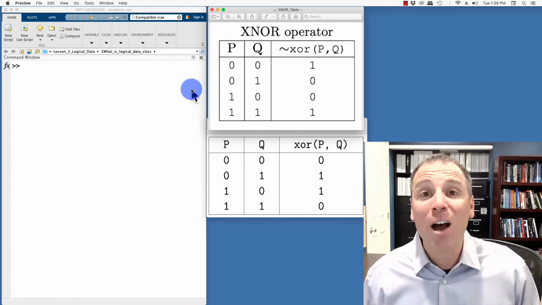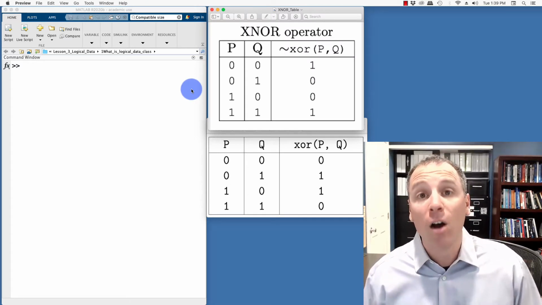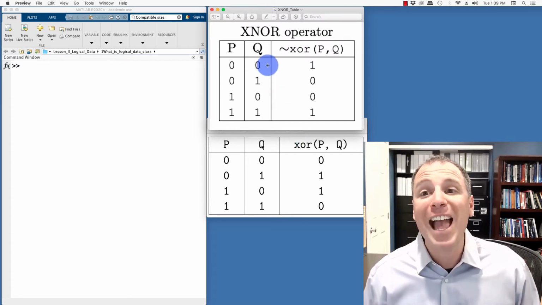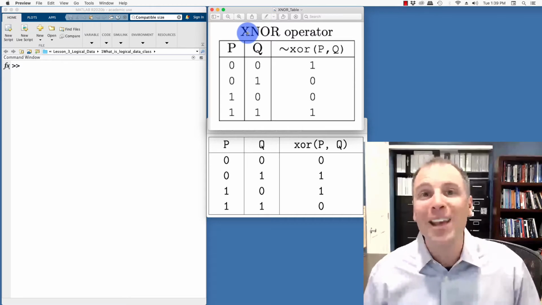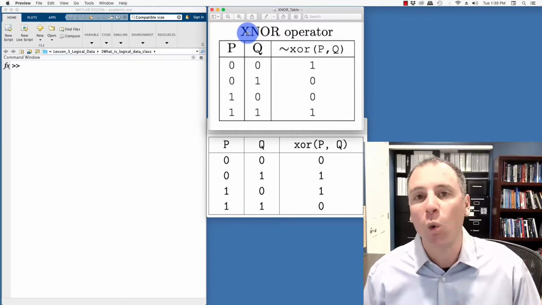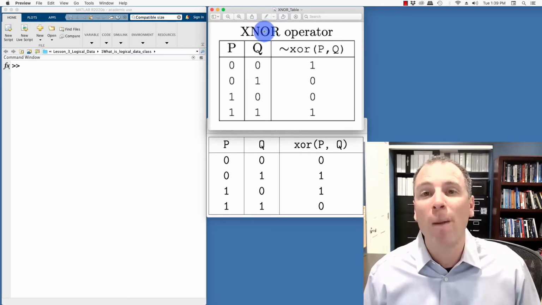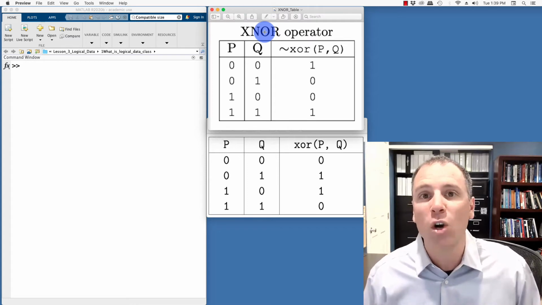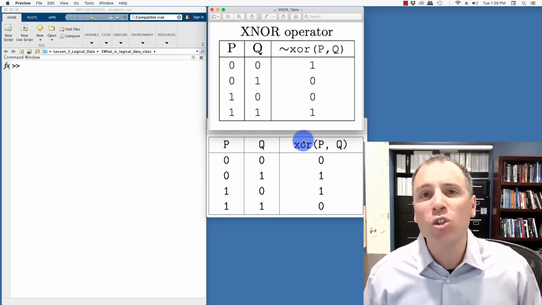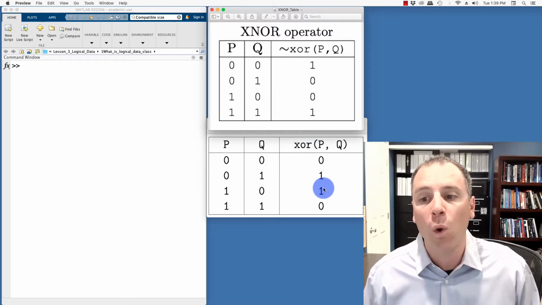The last specialized operation we're going to do by combining operators together is something called the XNOR operator. It really should be called the NXOR operator, because this means not exclusive OR, but do you see how the XNOR kind of rolls off the tongue better than not XOR? So anytime you hear XNOR operator, what we mean is not XOR, so the negation of the XOR operator. Remember, XOR is true when exactly one of the inputs is true. That leads to the output of a truth table as 0, 1, 1, 0.